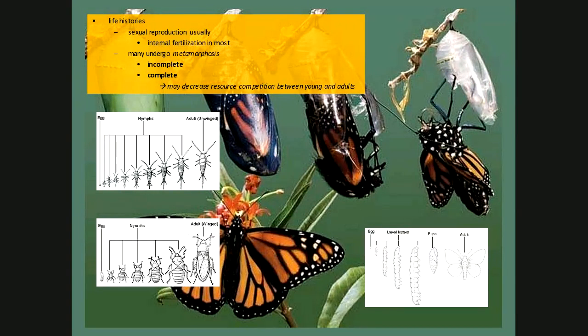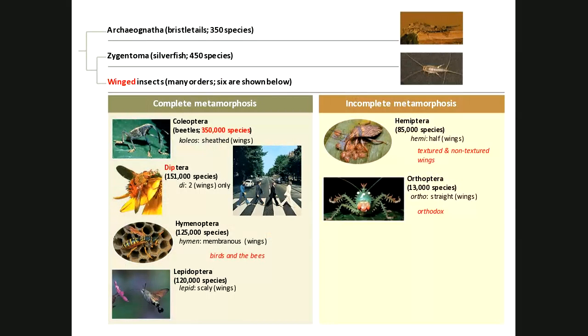Okay, so that's all I want to say about the insects as far as their characteristics. I want to move in now and talk about the arthropods, excuse me. I keep saying insects because they're one of the biggest groups. I now want to move into some of the groups. Again, 30-something orders. I'm not going to expect you to know each of these. The ones in red that I go through, those are the ones that I really would like you to concentrate on.